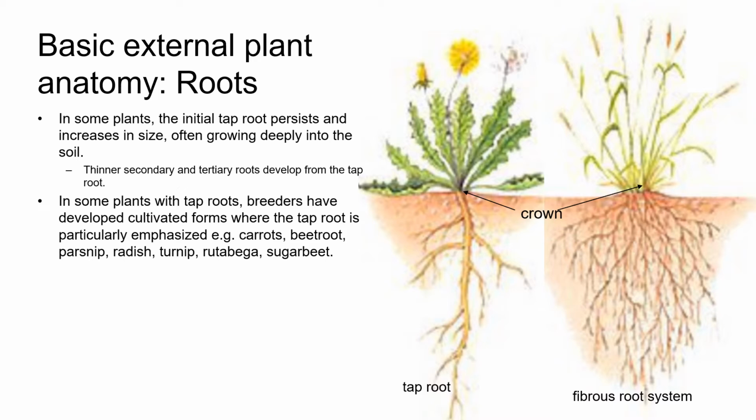In other plants, the initial taproot, that radicle, persists and increases in size, often growing really deeply into the soil. Smaller secondary and tertiary roots may develop from the taproot, but the taproot remains dominant in size, serving to anchor the plant in place, sometimes to tap into water sources deep in the soil profile,